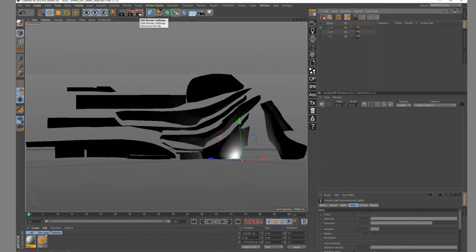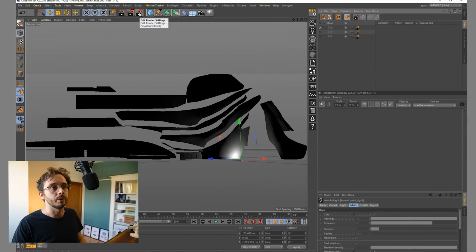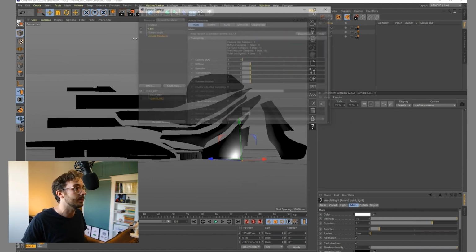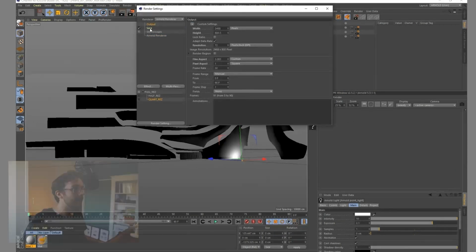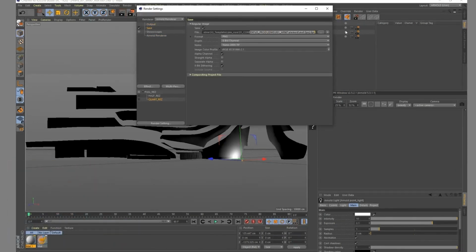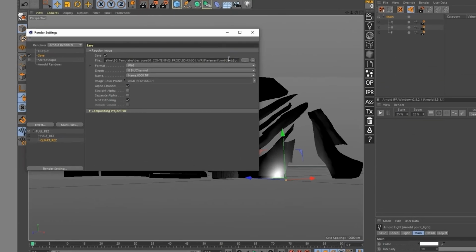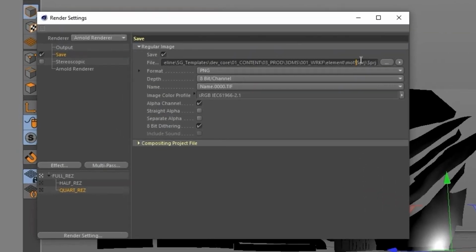But the issue that I have right now is if I start rendering all of those takes one by one, my file is going to have the same name 3 times and it's going to overwrite, and it's not going to be what I want. What I can do is, right now, my save output is made using render tokens. Render tokens are a way for Cinema 4D to automatically change the name according to different types of settings.